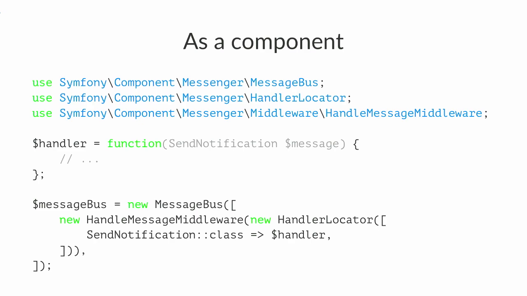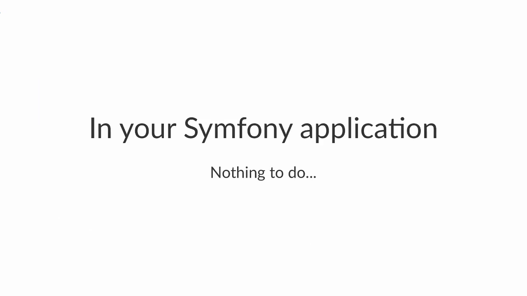The basic middleware is the one that's going to take the message and call the actual handler. Its name is handle message middleware. And you can see here that you configure that for every send notification message, it is going to call this handler. As simple as that. The idea is to have the API very simple. Turns out that actually most of you will never use that.